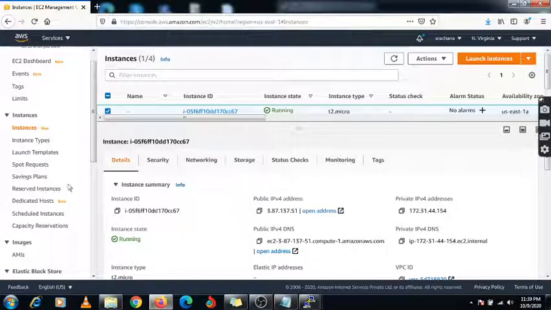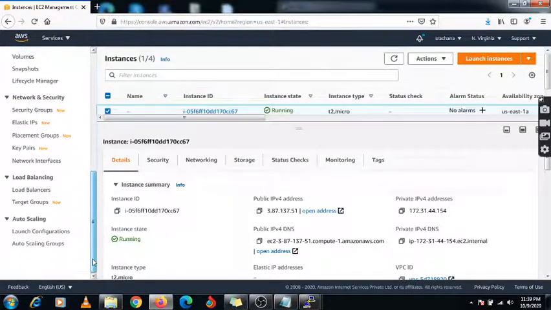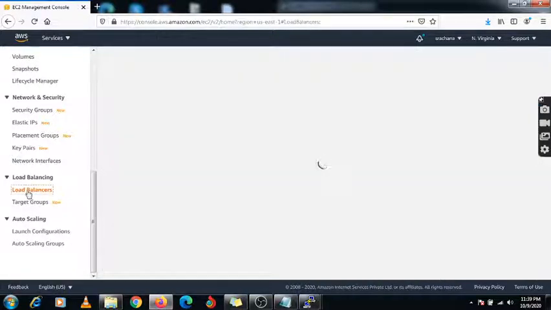Now we will create one elastic load balancer. Here is the option, the elastic load balancer under EC2. Under load balancing there is the option of load balancer. First we need to specify the name of this load balancer.